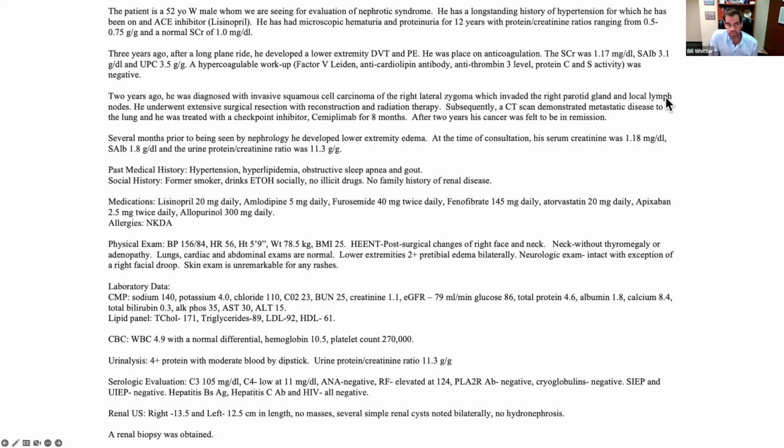In addition, he got the checkpoint inhibitor, and usually I think about those as causing more of a vasculitic type of picture, but I think there are some reports of those causing minimal change and even focal sclerosis. I may be outside my realm there, and I'd have to look up specifically. I usually think about them as causing a T-cell mediated process, and you get this post-immune vasculitis as the most common, but I think there may be other lesions there too, which could be